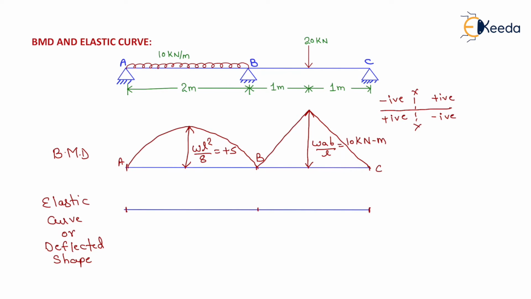Okay students, now at A, the moment is 0, so 0 will be like this. Now we will create a section XX like this. On the right hand side of section XX, that is BA, the moment is plus 6.25. So if the moment is positive on the right hand side of section XX, then it will be plotted above the baseline or the axis. So it will be equal to plus 6.25.